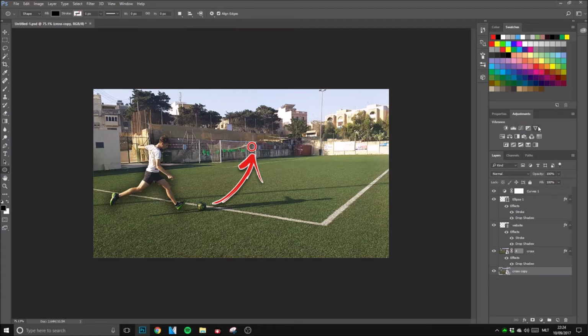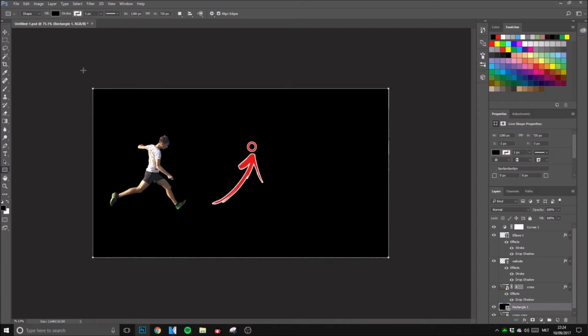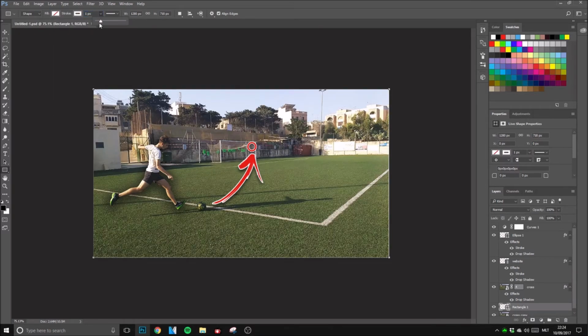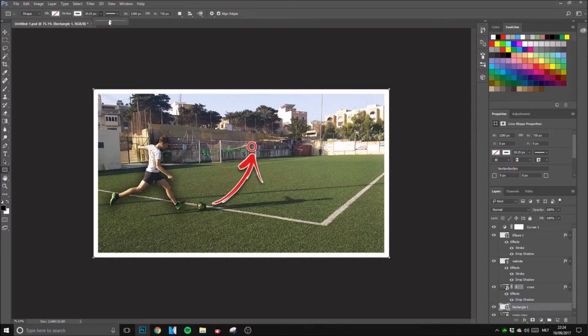So now the main part. On every thumbnail I do this: I put a square all over. This might seem bad, but let me tell you what you need to do. Grab the square, remove the fill, put the stroke to white, like 23.5 or 23 or more, whatever you feel like. And then I double click on the rectangle,